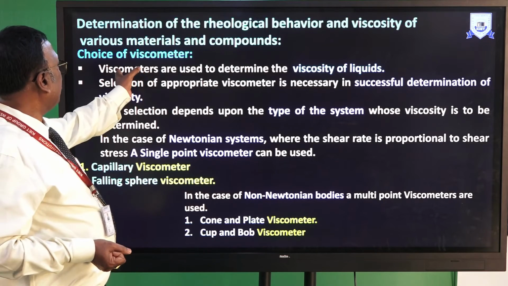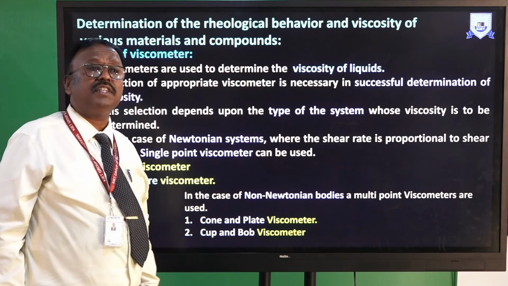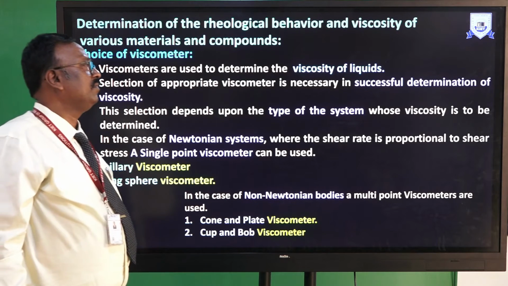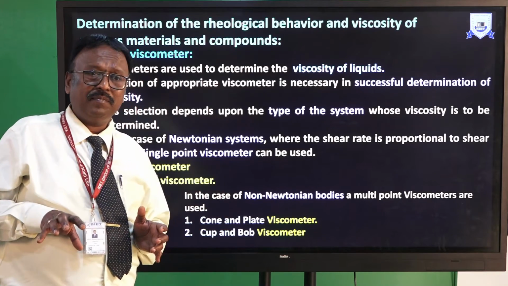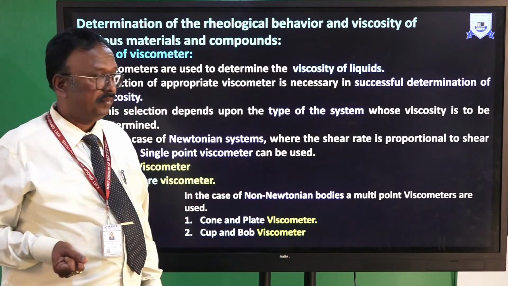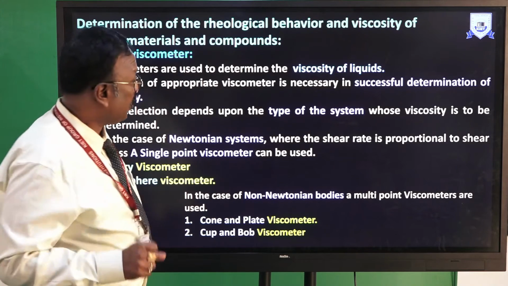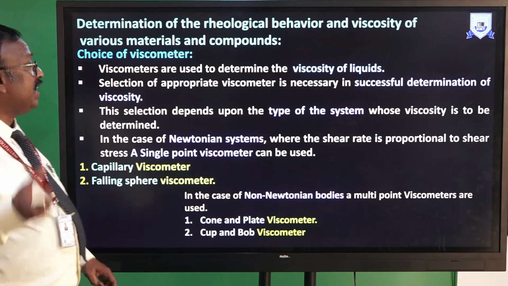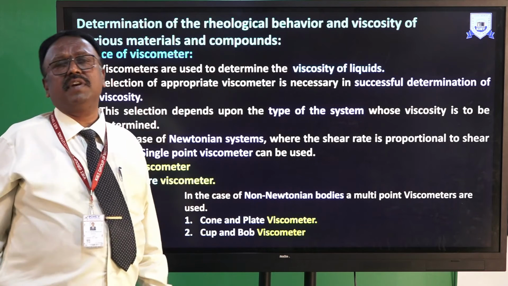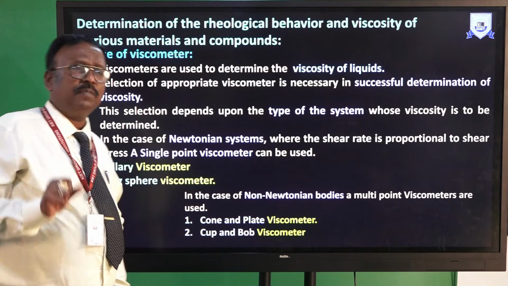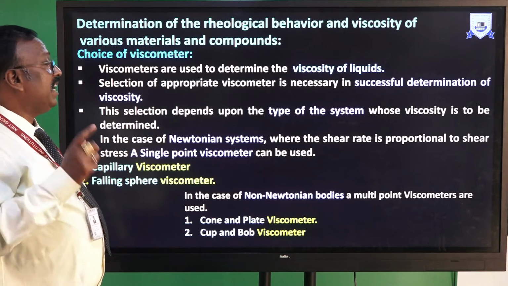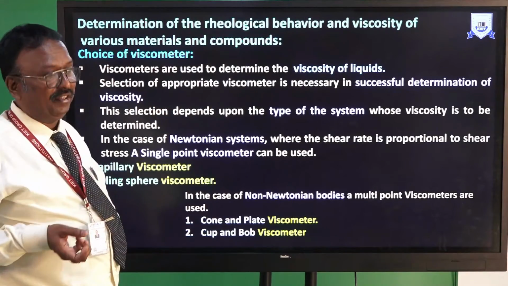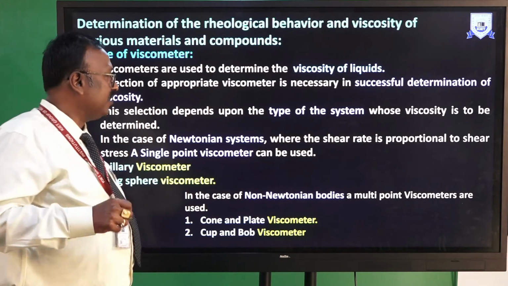The viscometers are used to determine the viscosity of liquids, and selection of an appropriate viscometer is necessary for successful determination of viscosity. This selection mainly depends upon the type of the system whose viscosity is to be determined. In case of Newtonian system,